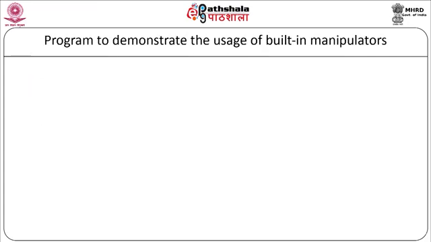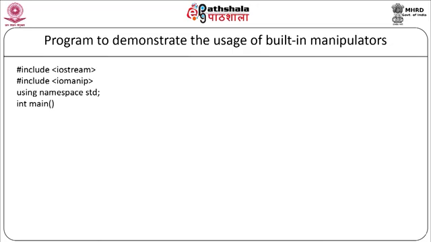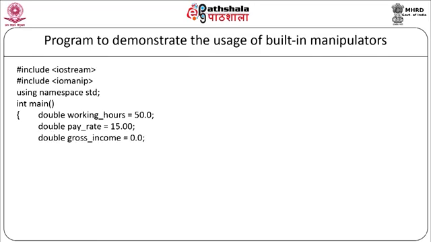Now let's see a program to demonstrate the use of built-in manipulators. We'll start with the program: #include <iostream>, #include <iomanip>, using namespace std. Now we are going to make use of different manipulators in this particular program. We'll start with the main function: int main, double workinghours = 50.0, double payrate = 15.00, double grossincome = 0.0, cout << fixed << showpoint, cout << setprecision(2),